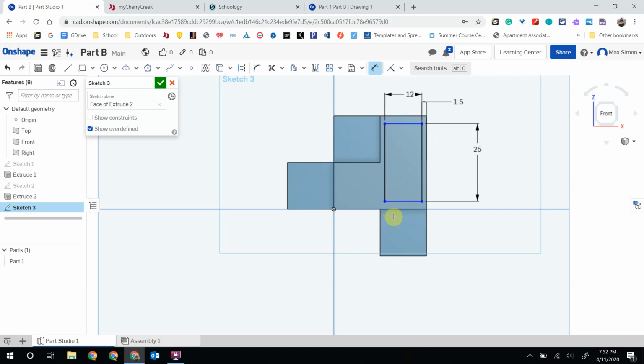So we know that if we take 30 minus the 25, there's going to be a total of 5 millimeters here. We can take 5 and divide that by 2, which I hope you would know is 2.5. So we could either come in here and just dimension that to 2.5. So let's come in here with our dimension on, and we know it's 2.5, but let's write that equation out. 30 minus 25,